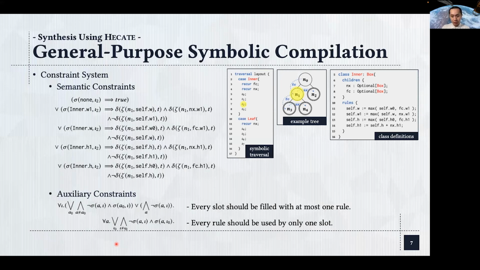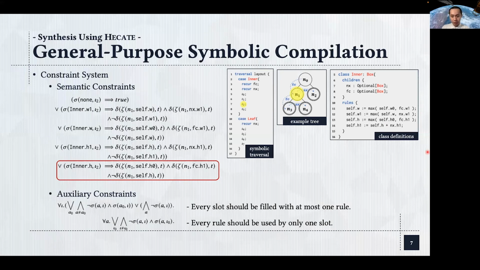First, about the semantic constraints. As you can see, the higher level structure is a disjunction of 5 clauses, which indicates 5 different choices for filling in the slot tau 2. So the constraints are basically saying that you should choose one of these attributes to schedule and evaluate for this slot. And next, let's move down a bit into the second level, one of the clauses, say the